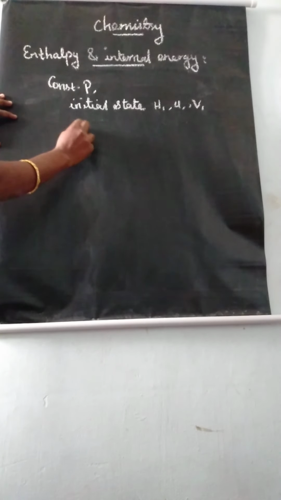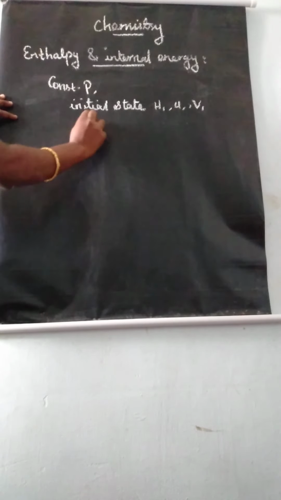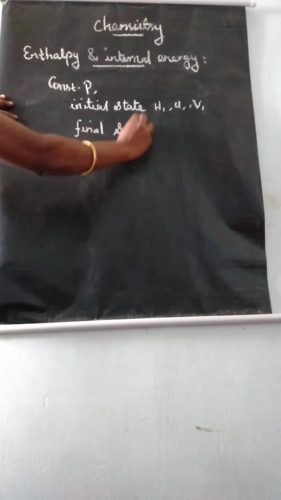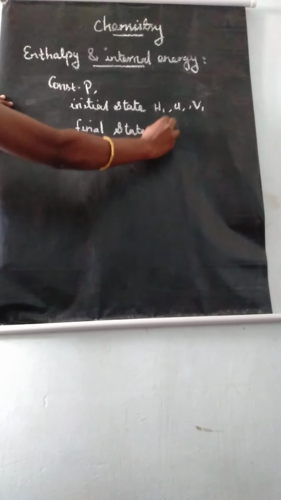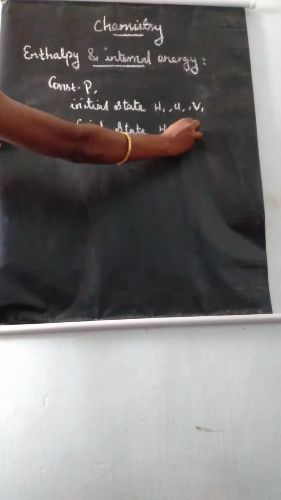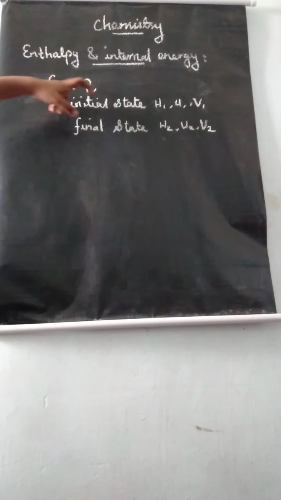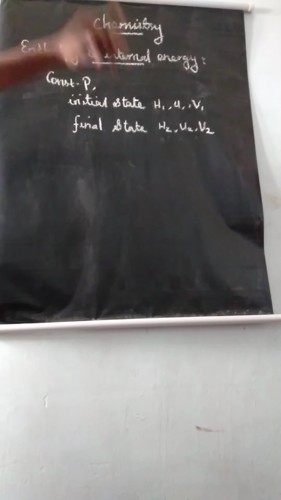So the initial state is H1, U1, V1. At the same time, the final state is H2, U2, V2. So the system at constant pressure changes from initial state H1, U1, V1 to final state H2, U2,